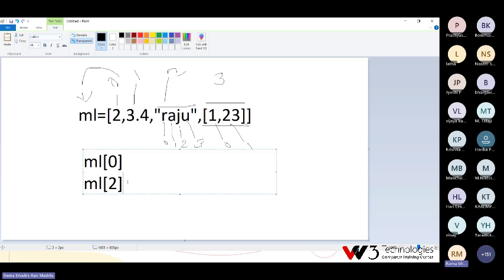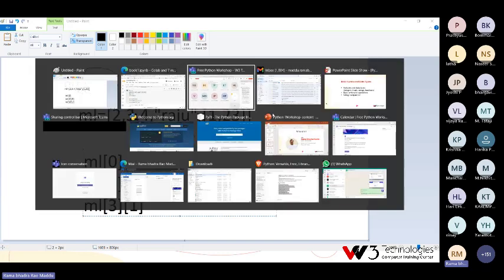From 2 you can access sub-elements: ML[2][3] means U, it will print. If you want ML[3], you can access sub-element 1,1: 3,1 means 23. I hope it is clear how we are accessing sub-elements in the list.